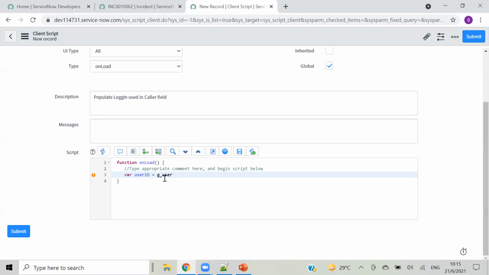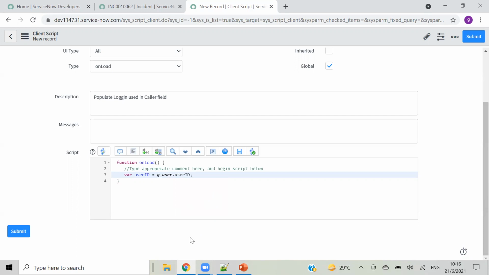So g_user.firstName, you can leave this one, then user full name, hasRole, hasRoleExactly, hasRoleFromList, hasRoles, lastName, userID, userName. All these things you can access from here, like login user data. For now I'm taking this user ID, so I will get the sys ID, which is unique for all the records, right?